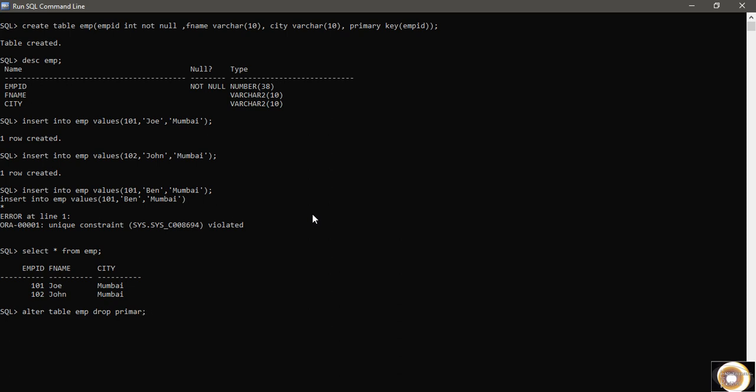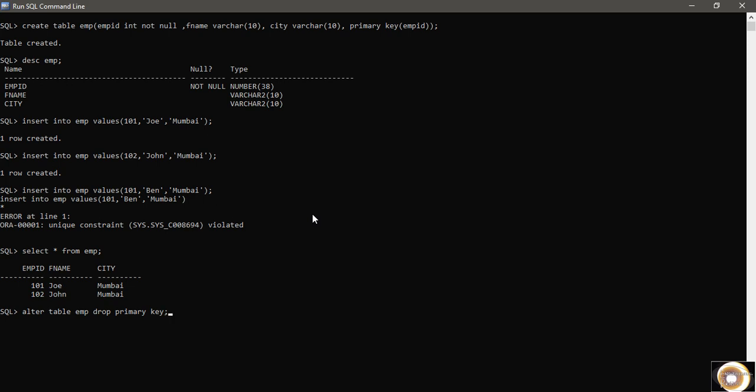One table can have only one primary key, only one column can be used to identify each record uniquely. It's common sense. More than one column cannot be separately used to identify each record uniquely. So there is only one primary key always on a table, whether it's composite, I mean a combination of more than one column, or single, doesn't matter, but there will be only one primary key in a table. So you can use alter table name and drop primary key. It will automatically drop that primary key, because we have only one primary key in a table.